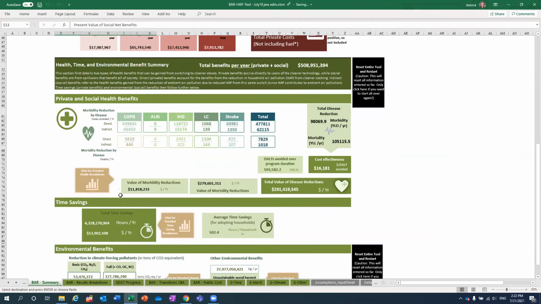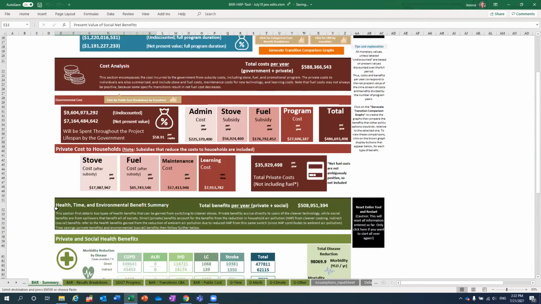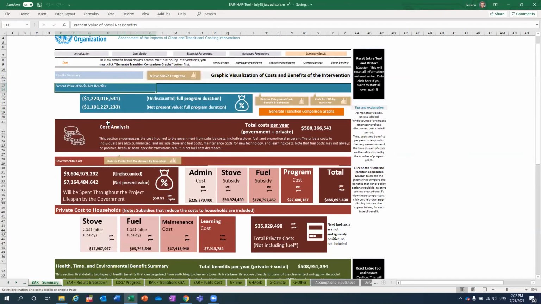Worksheet. We see from this scenario, at the top, there are in fact negative social net benefits, and the parentheses here indicate a negative value. On the costs, we see that the yearly governmental costs are around $500 million here, which includes administrative, stove subsidy, fuel subsidy, and program costs, while the yearly private costs to stove users are around $36 million, which includes stove costs after subsidy,